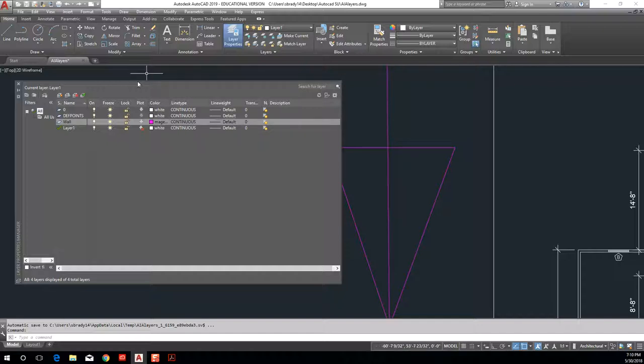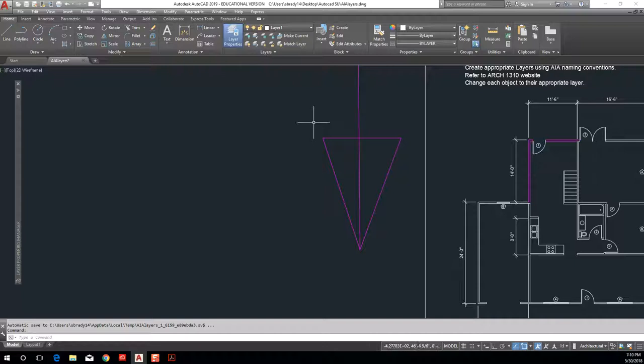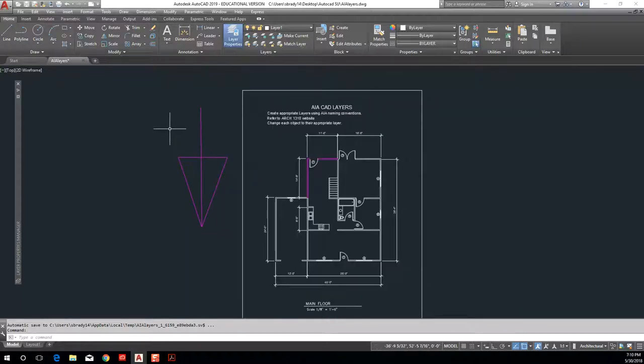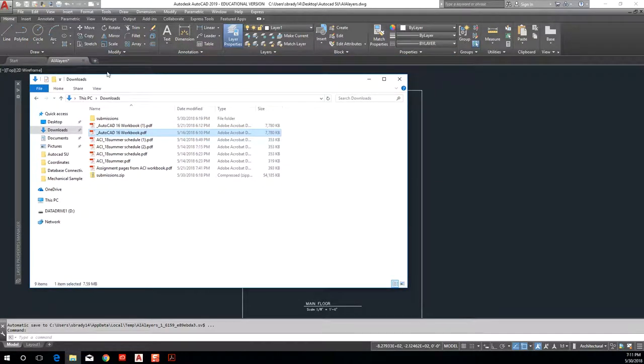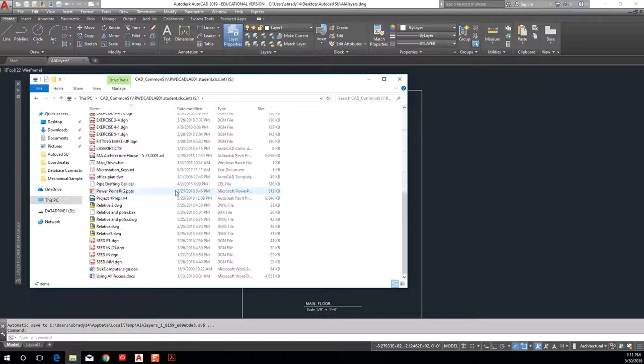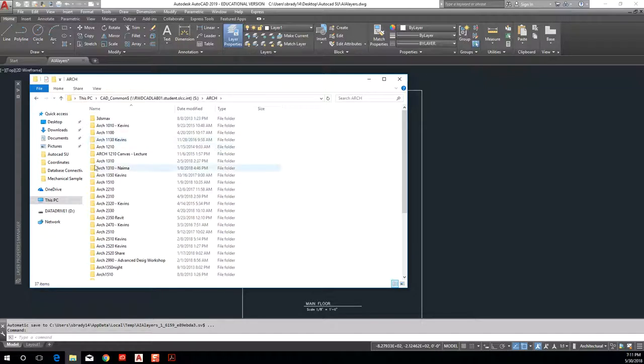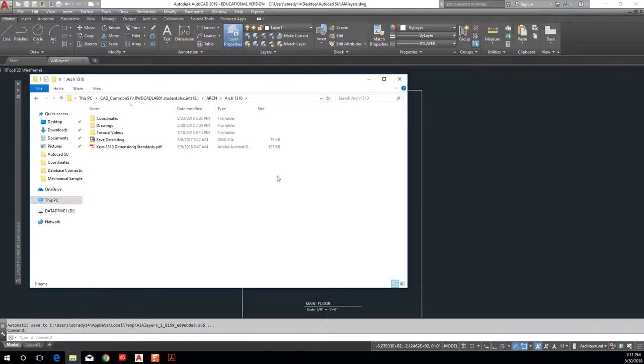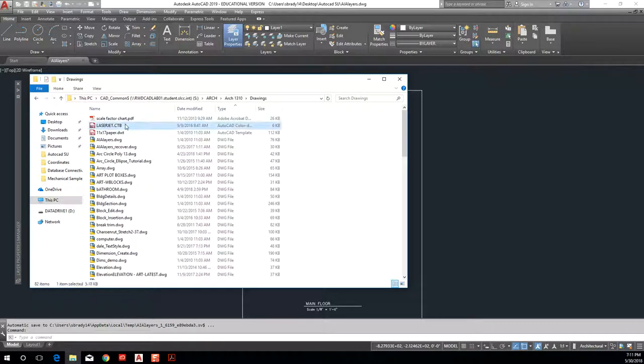Okay, so I'm going to close up my little layer dialog box here. The next thing that I'm about to show you is maybe tied as the number one thing that people either mistake or forget in AutoCAD. And it has to do with what's called a pen file and loading our pen files. Okay, so I'm going to go to CAD Common here. I'm going to go to This PC. I'm going to go to CAD Common and go to Arch 1310 drawings, and you're going to see a file here, and it's called